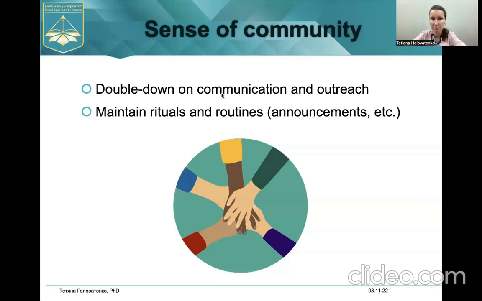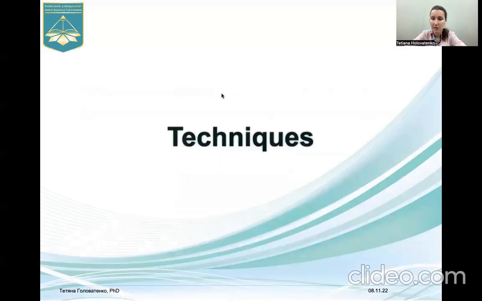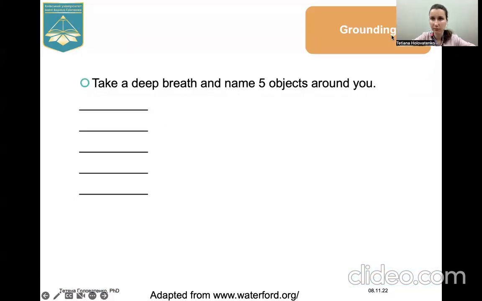And now, after these principles, I wanted to have a look at different techniques that we can use to implement in English classrooms and help our students feel cherished, secure, and empowered. So these techniques are,